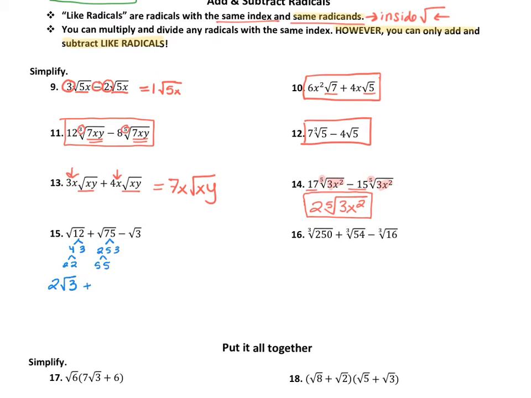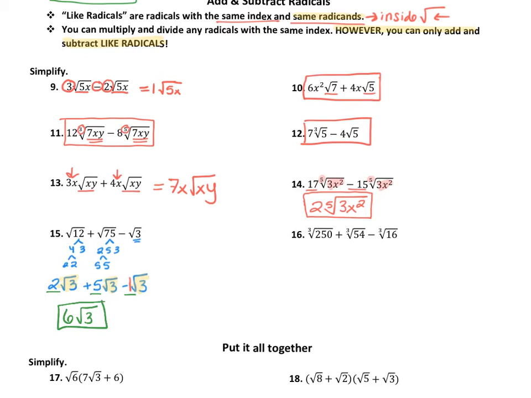In 75, I have a pair of 5's, so that'll simplify into 5 square root 3. And then square root of 3, 3 is prime, so that won't simplify, so I'm going to have minus square root of 3. Now remember, there's like a 1 in front of the square root of 3. So now that I can see what's under my radicals are all the same, square root of 3, square root of 3, square root of 3, I'm just going to subtract what's on the outside. So I have 2 plus 5 minus 1 is going to give me 6 square root of 3 as my